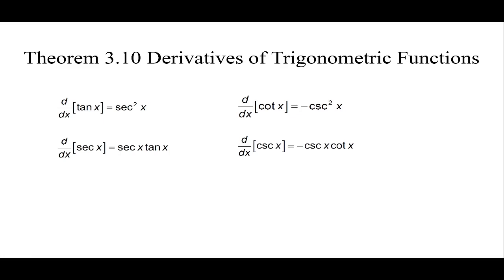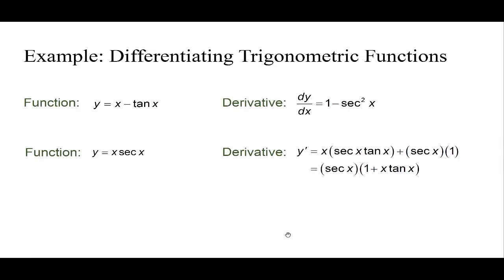The derivative of tangent is secant squared x. The derivative of secant x is secant x times tan x. The derivative of cotangent is negative cosecant squared x. The derivative of cosecant x is negative cosecant x times cotangent x. So you have to know all these derivative formulas, and then if you go further and try to do some